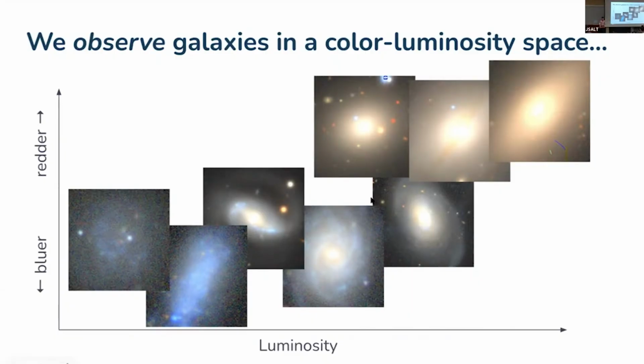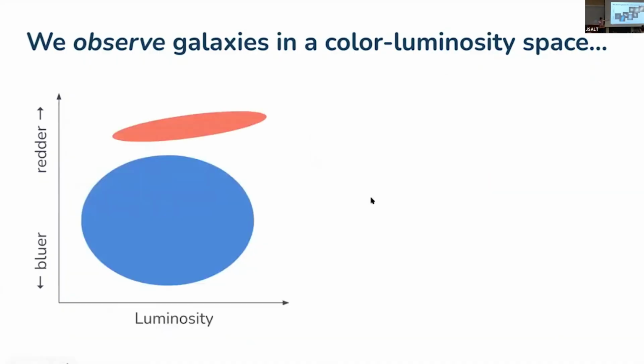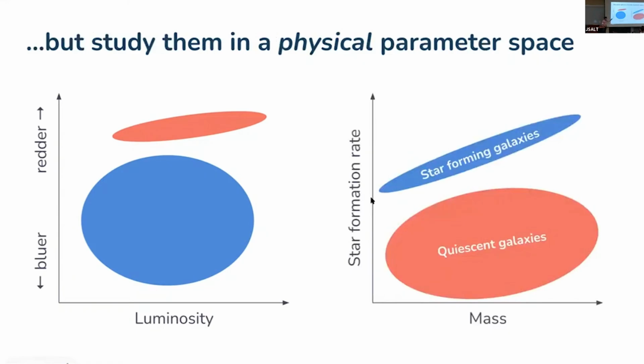Except in this case, I'm now showing galaxies. Even though these things look like this, and oftentimes we can draw some toy distributions that look something like this, you have a cloud of bluer points, which are these bluer galaxies, and then you have what's called a red sequence of galaxies that represent late stage galaxies, galaxies that have evolved over time. They become redder.